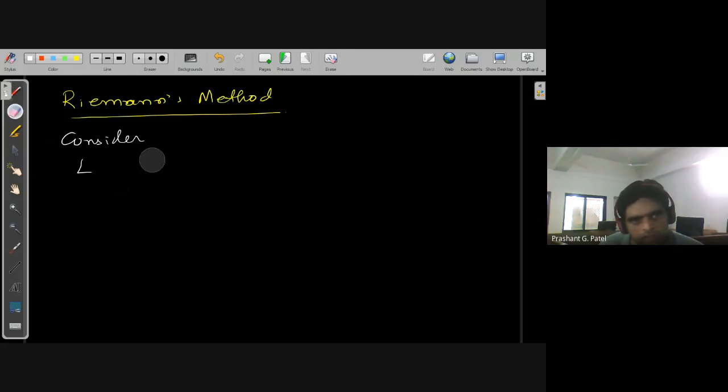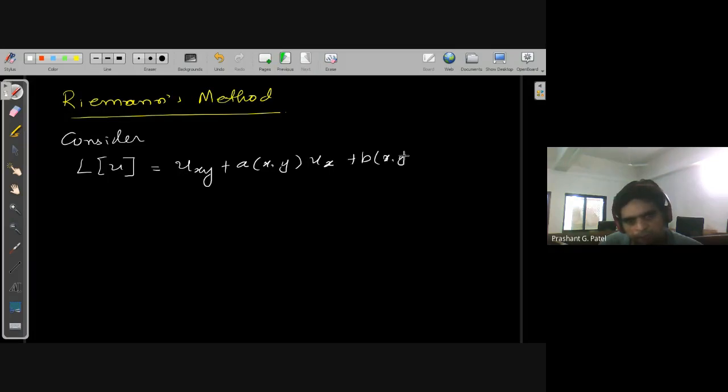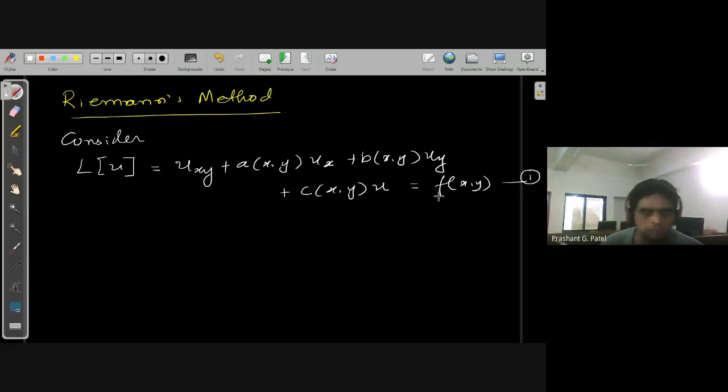We have this notation we are following, L of square bracket u, which we define as u_xy plus a(x,y) u_x plus b(x,y) u_y plus c(x,y) u is equal to f(x,y). We call this equation 1, where a, b, c and f are continuously differentiable functions